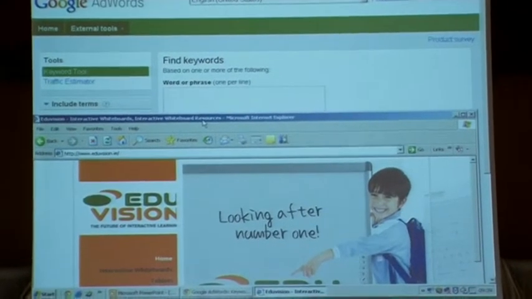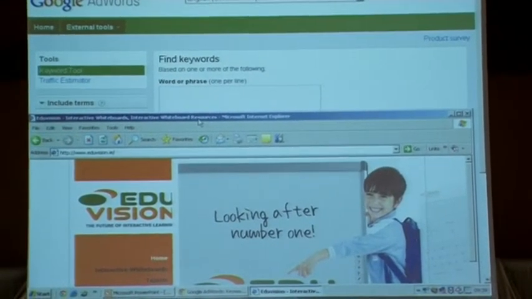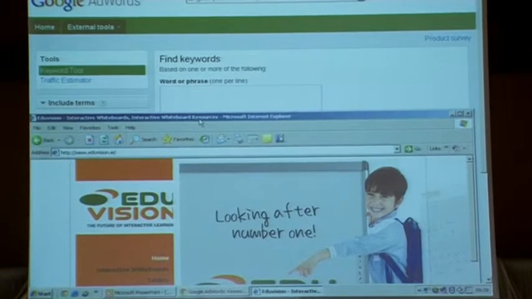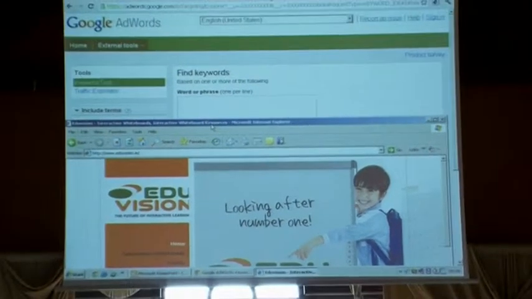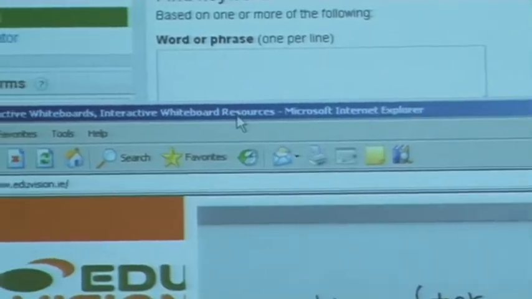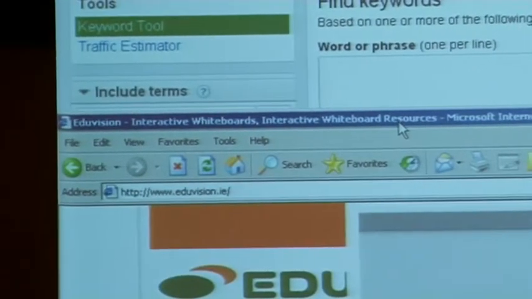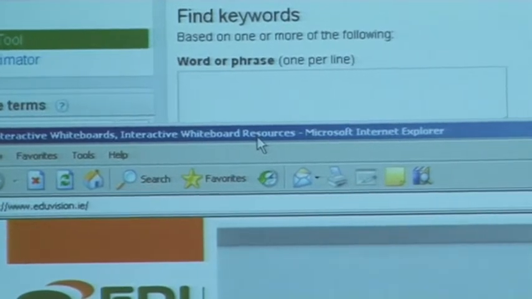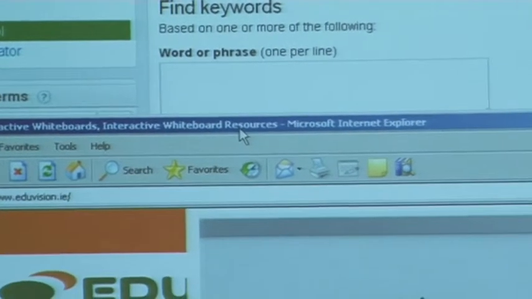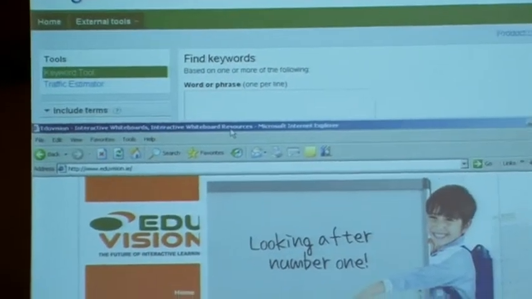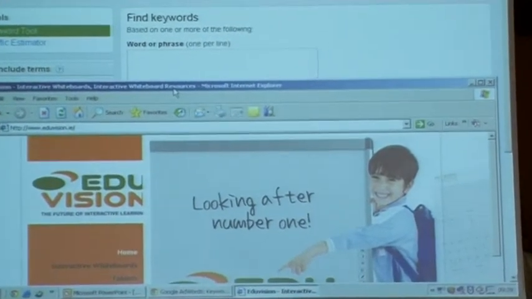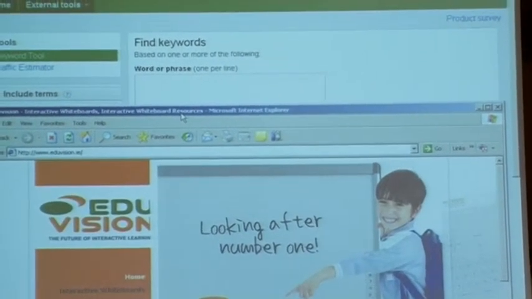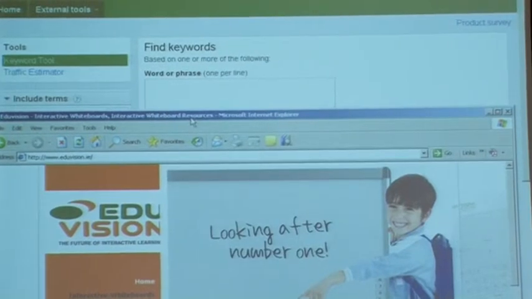Google puts a huge amount of weight into that. So whatever phrase you're using here in the title of your web page, Google will bring traffic to you for those phrases. When we looked at the website last week, the title was just EDU Vision, and that was it. So by adding just those two phrases, interactive whiteboards and interactive whiteboard resources,